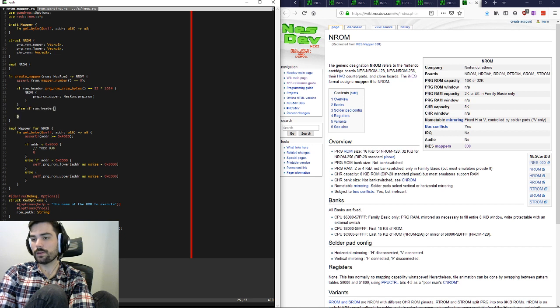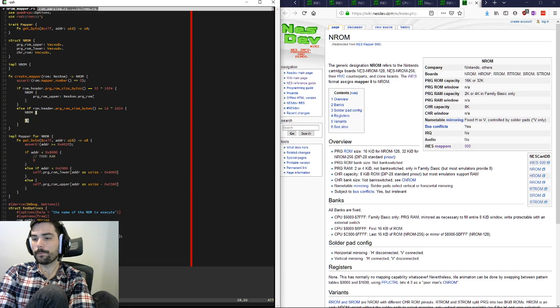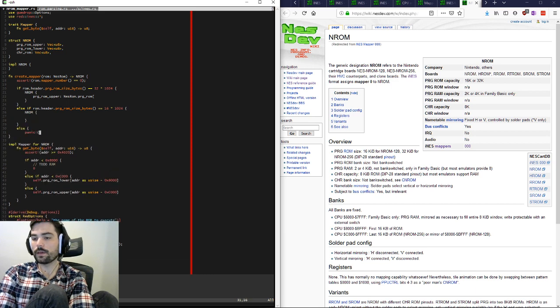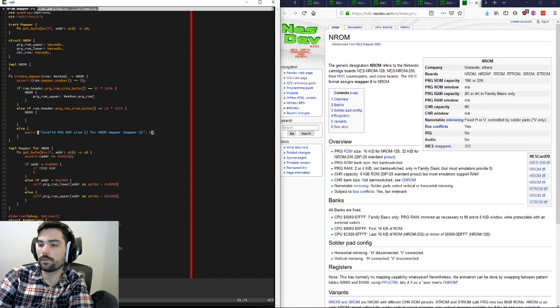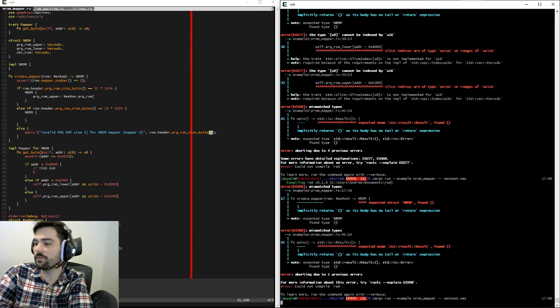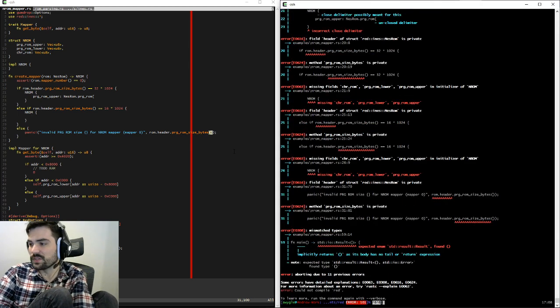Else if rom.header.prg_rom_size_bytes equals 16 times 1024, going to return a different one. Else panic: invalid PRG ROM size for NROM mapper 0. I wonder if that's even legal. We'll find out. All sorts of junk doesn't work here